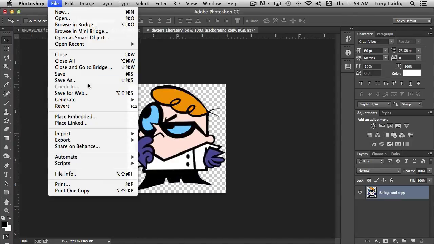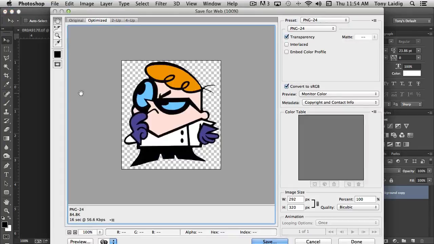Let's just go to File, Save for Web, and take a look at the options that we have. So here is our file, and you'll notice over here on the right there's a number of presets. Normally the default is PNG24, and that is the preset that we would typically use to maintain the transparency of the document. And you can see they actually have a checkbox that allows us to make sure that